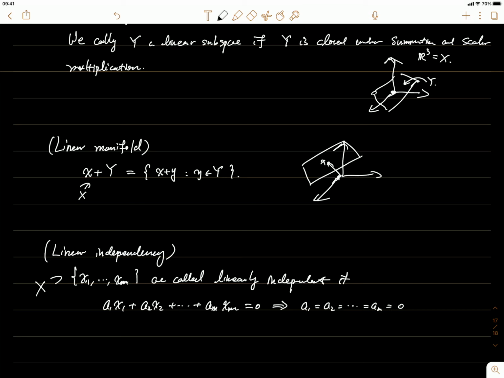Then we say the vectors are linearly independent. In other words, none of them can be written as a linear combination of the others. So these are equivalent. This is only for a finite number of vectors. Sometimes we also say a set is linearly independent. We say the set E, which is a subset of X, could even contain infinitely many vectors, but we still can say that E is linearly independent